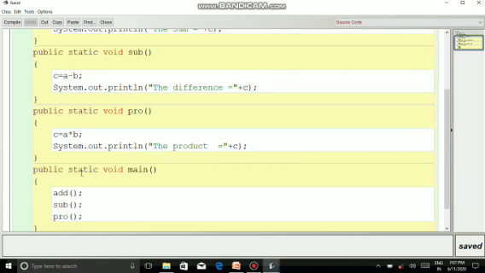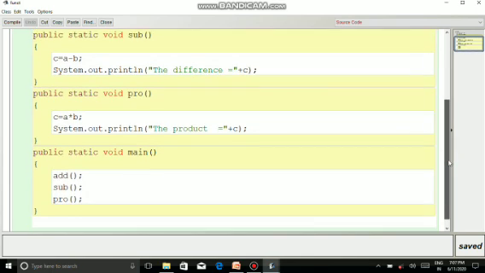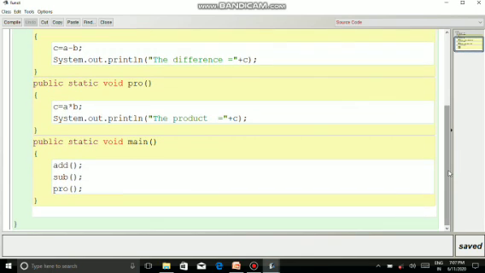The next is public static void main, and this public static void main is used whenever you want to call all the functions together or only two or three functions. So you just recall, in the last class I discussed a function example.